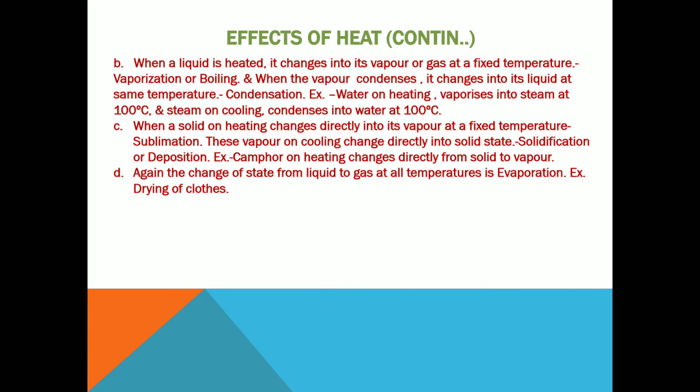When a liquid is heated, it changes into vapor or gas at a fixed temperature. That is known as vaporization or boiling. When the vapor condenses, it changes into liquid at the same temperature. That is known as condensation, the opposite of boiling. For example, water on heating vaporizes into steam at 100 degrees centigrade, and steam on cooling condenses into water